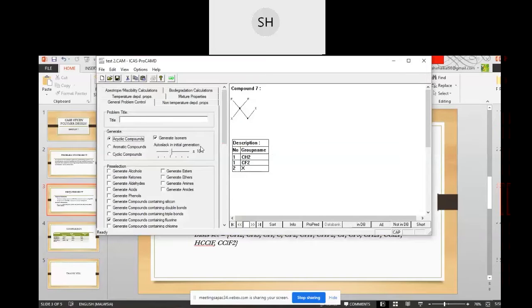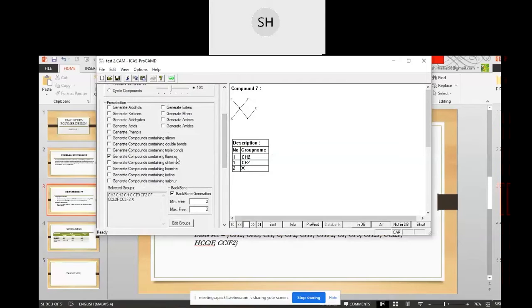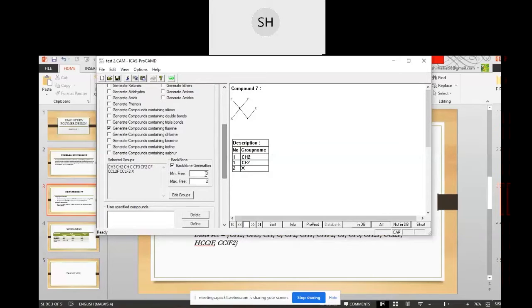So moving on to ICAS. First, we choose acyclic for our compound, and we generate isomer so that our compound is being generated. Next, we generate compound containing fluorine because in our basis set there are fluorine compounds.